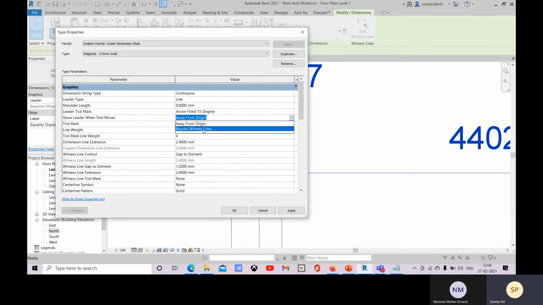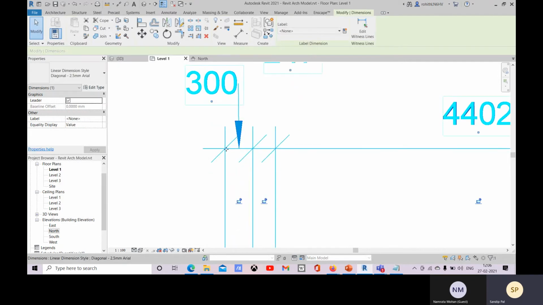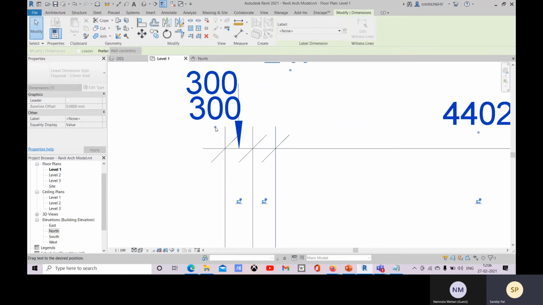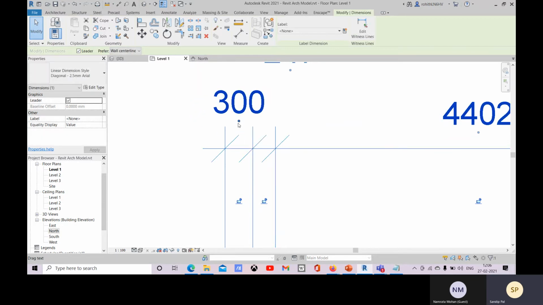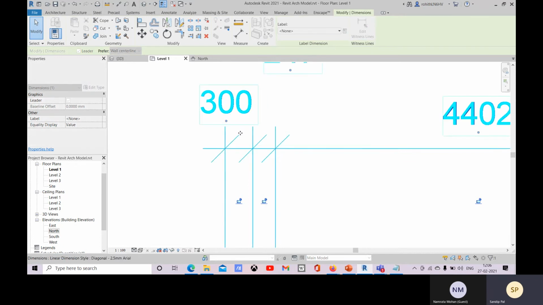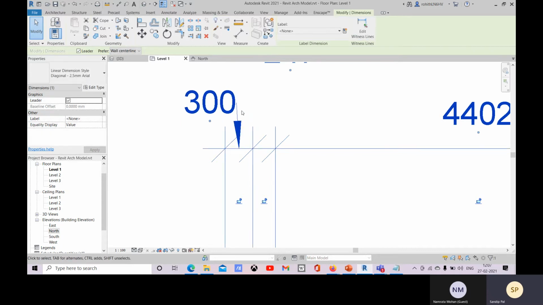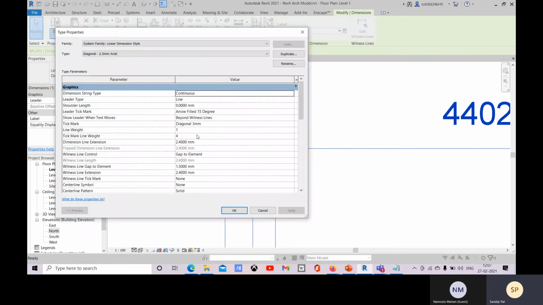So you can make it beyond witness line, apply. You know which is the witness line, this is the witness line. When you make it beyond this witness line, then only you will have it. Now you are not having it, right? When you place it beyond this witness line, then only you will have this. So whatever is your requirement, you make the changes accordingly.